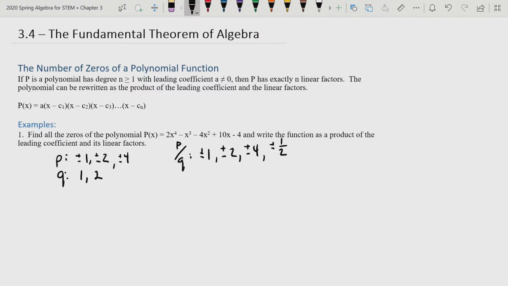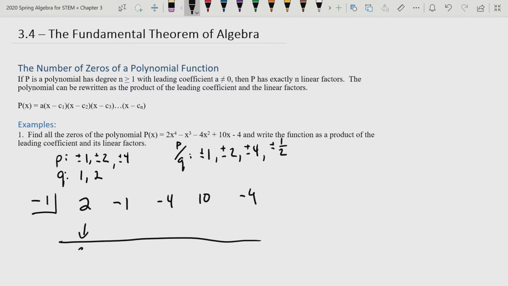Now that we have this list, we'll use synthetic division and the remainder theorem to test if these are roots. If we use synthetic division and get a remainder of 0, we'll know that it's a root. We'll start with -1. Put -1 here in its box, and then the coefficients of our polynomial, remembering to put any zeros if necessary. Here, 2 is the coefficient of x to the 4th, -1, -4, 10, and -4. We have every power of x less than or equal to 4, so we don't need to put any zeros. We draw a line,